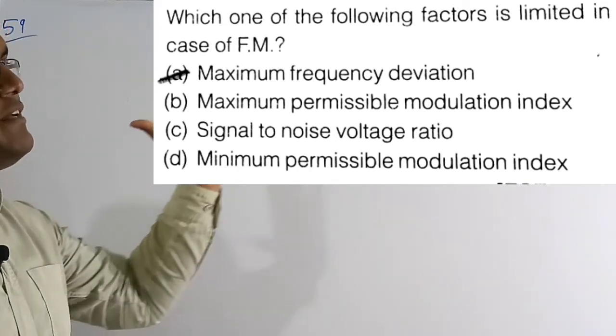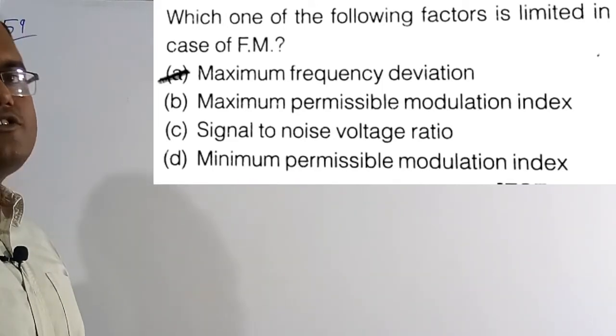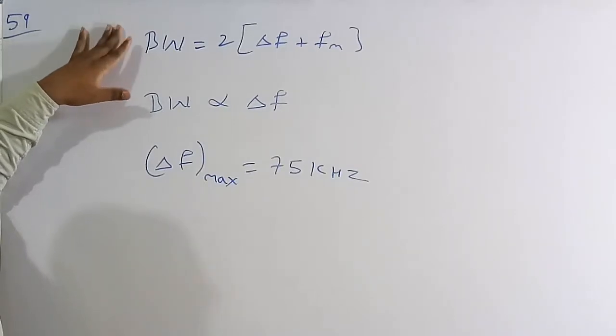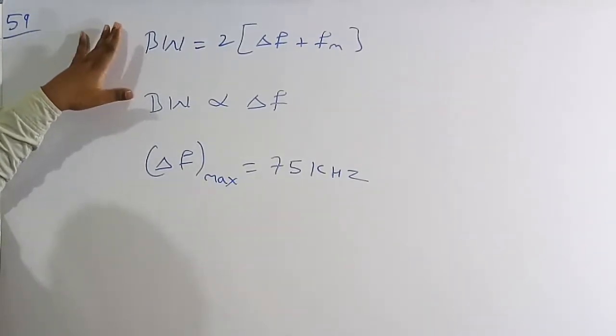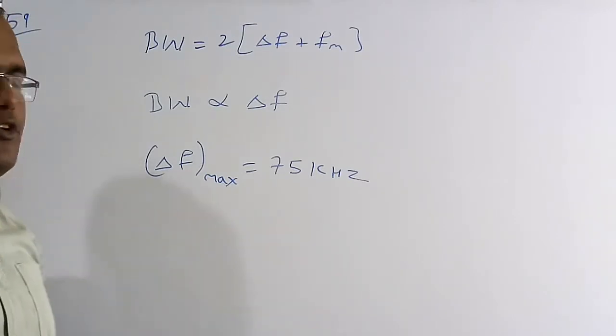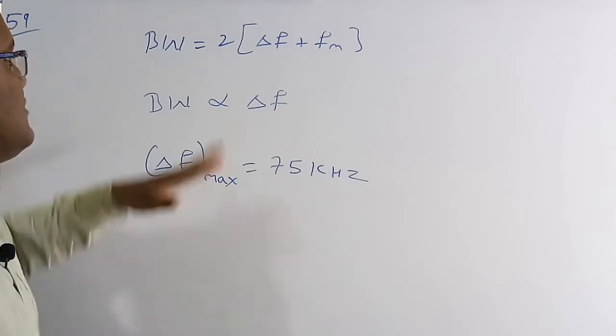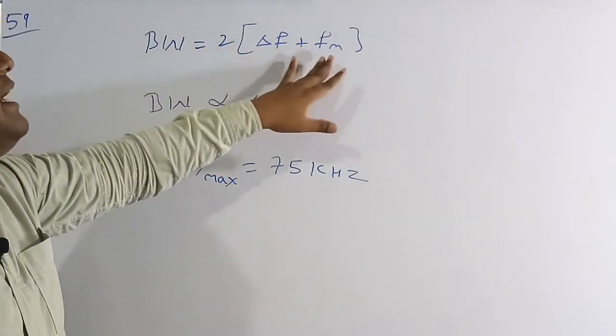So more than that frequency deviation we must not use in the FM. And so now let's solve this numerical. So theoretically the bandwidth of the FM is infinity because it is going to contain an infinite number of frequencies. Therefore, by using Carson's rule we get a finite value for the bandwidth, which is bandwidth is equal to 2 times (delta F plus fm).